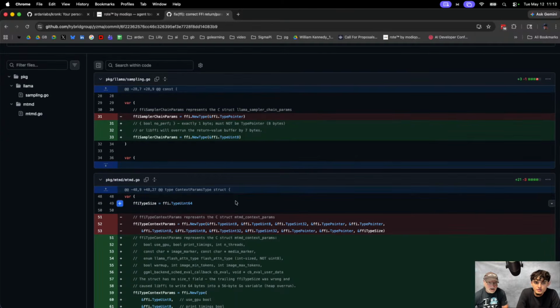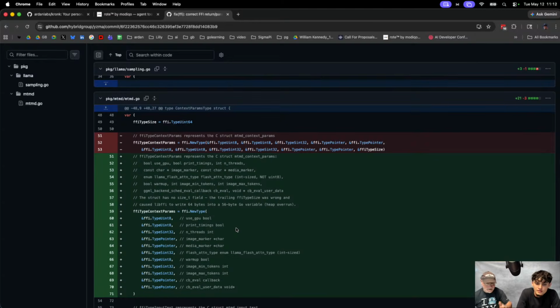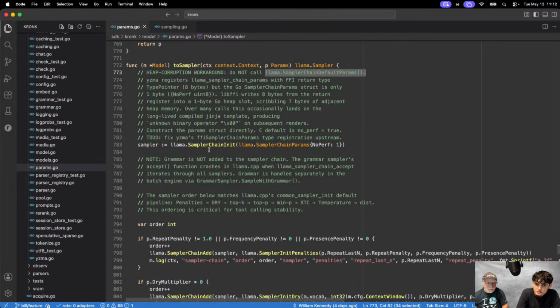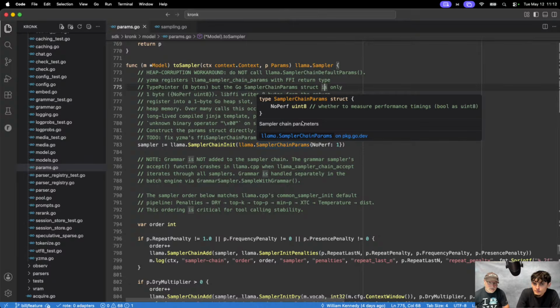He also found similar problems in some other places. So I'm waiting for his fix. These are things that tend not to happen in Go, but happen here. Now, luckily, I didn't have to wait for his fix. I just manually did what he's doing now, which is essentially make this call for the 1 byte, and we're only writing 1 byte, and that's all we're doing now, and everything's going to be clean. So the moment we stopped writing 7 extra bytes somewhere in memory, all the bugs sort of went away.